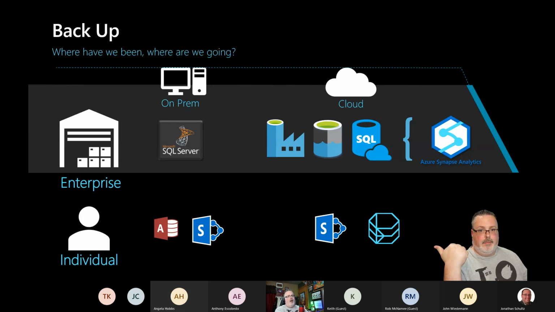So I want to first level set where we're at and get us to why we are talking about the Dataverse. When we look at the enterprise, in I think it's 1989 or '98 or whatever it is, we introduced SQL Server for companies to start to manage and build out databases for applications and data marts for analytics and all of that good stuff.